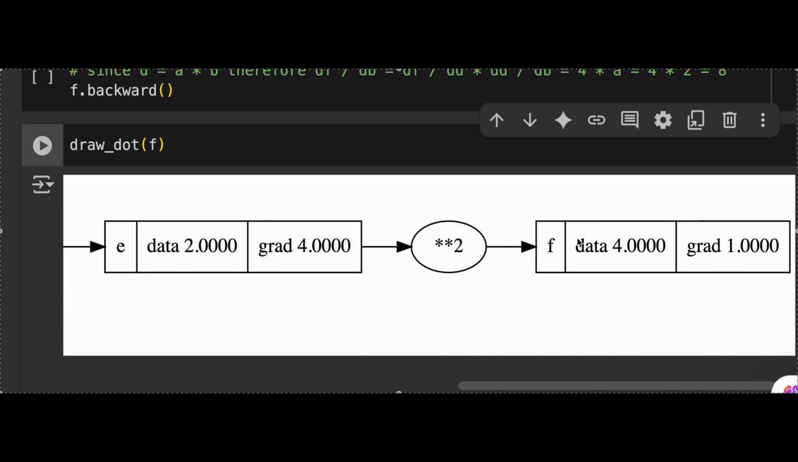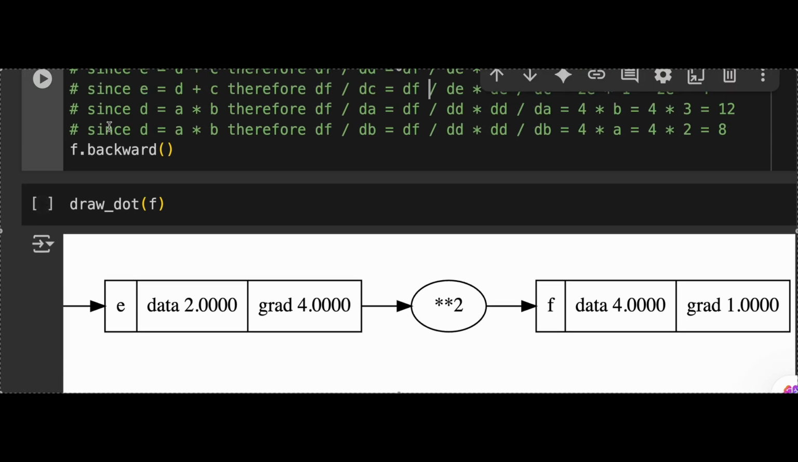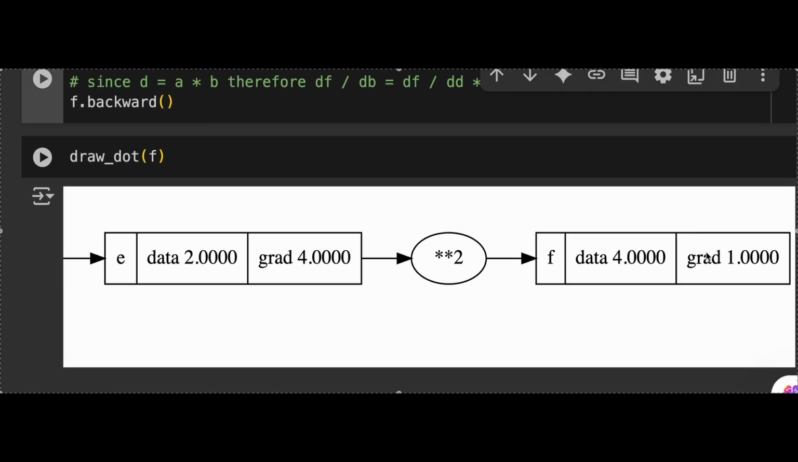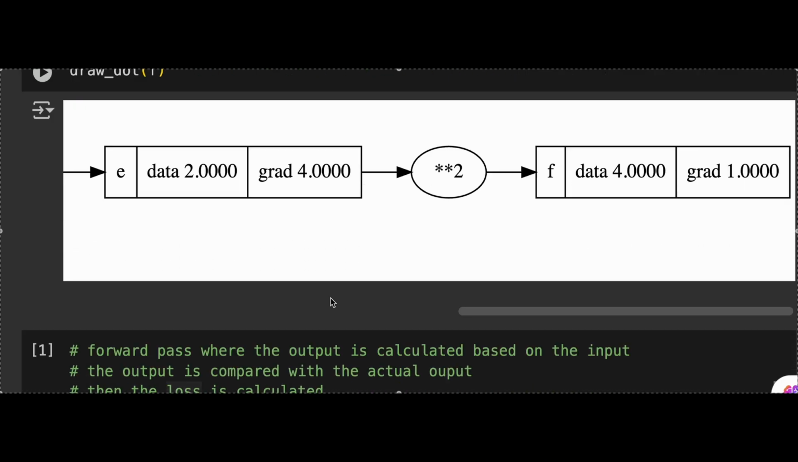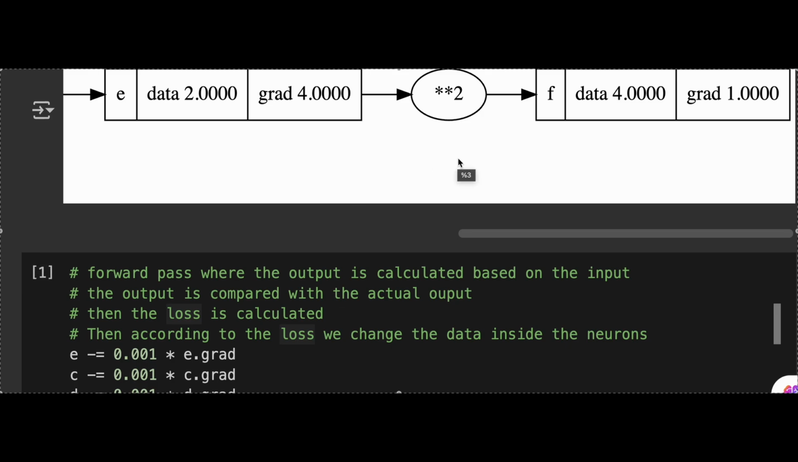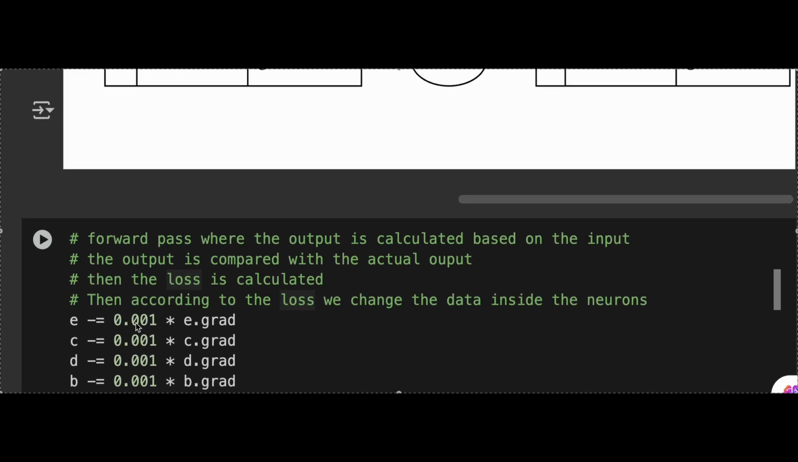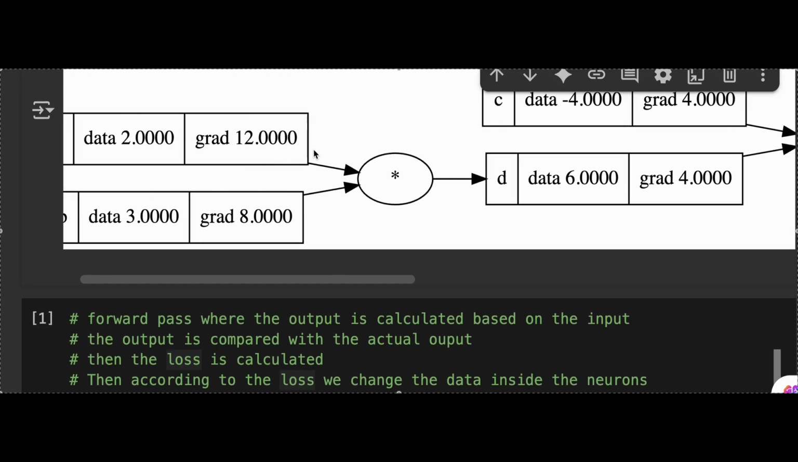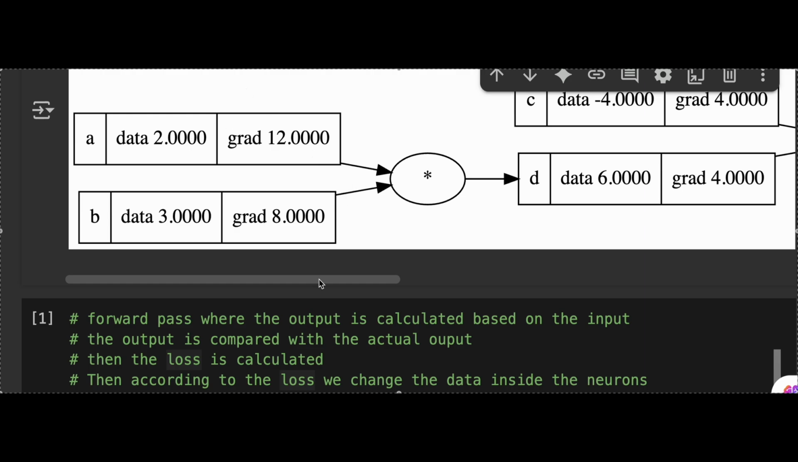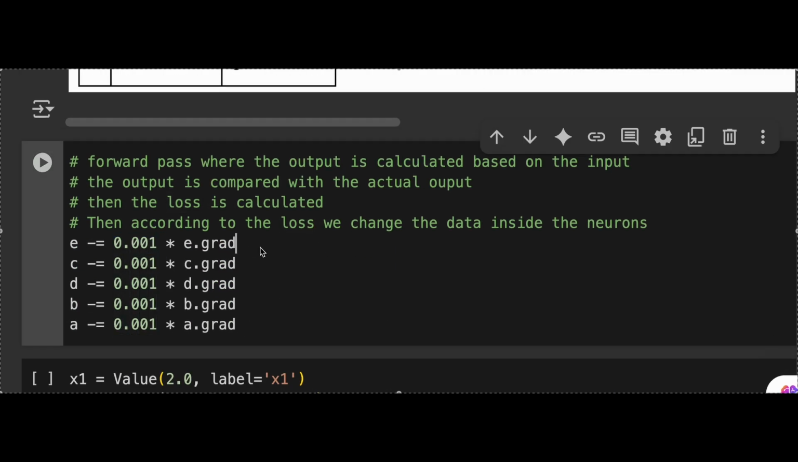The loss, if this was an artificial neural network or a machine learning model, must have been calculated, and then there was loss dot backward. Instead of f dot backward, there would be loss dot backward, and that will set gradients for all of these variables. Now all of the data of these variables will be changed according to the gradient. It will be more like e will be subtracted 0.001 times its gradient. So the data inside each of these nodes will get subtracted by a tiny amount of its gradient,